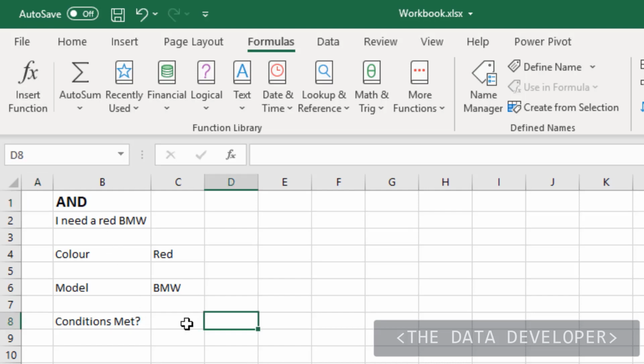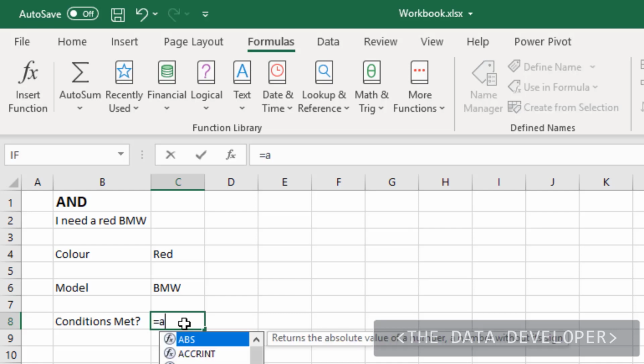Say I'm looking for a red BMW. What this means is the car must be red and a BMW. I'm not looking for a red Volvo, I'm not looking for a blue Volvo, I'm not looking for a white BMW. Both those 2 conditions must be met. So the way you do this formula, I'm just going to type it in. You start typing and